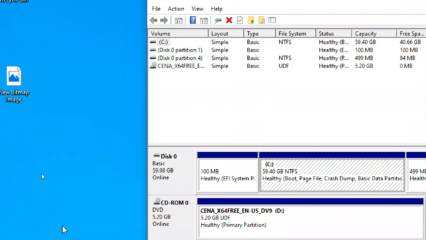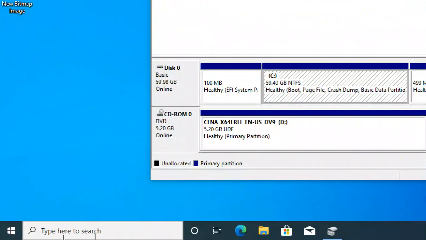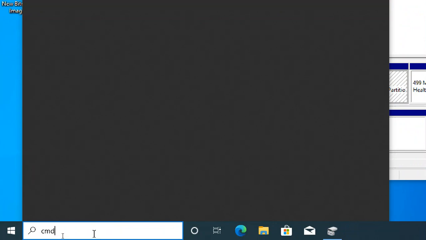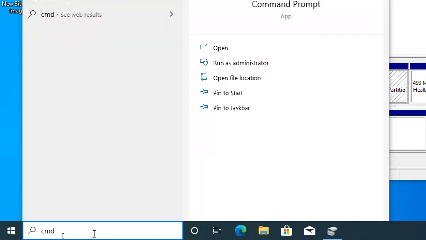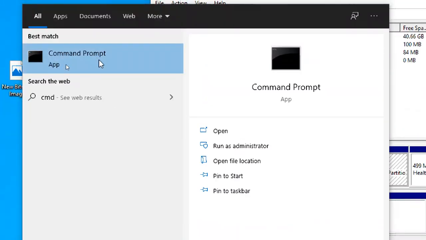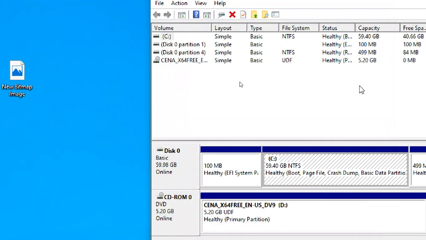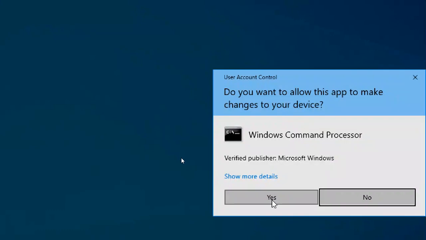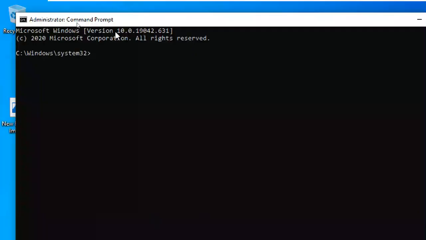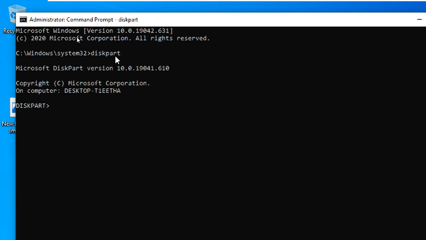And also we can do partitioning with the command prompt like this. So go to CMD in search. Okay, it is showing Command Prompt. Right click, Run as administrator. Here also it is showing. Okay, Run as administrator. Disk partitions we can do directly, graphically, and also using a command called diskpart. Okay, so the command is diskpart.